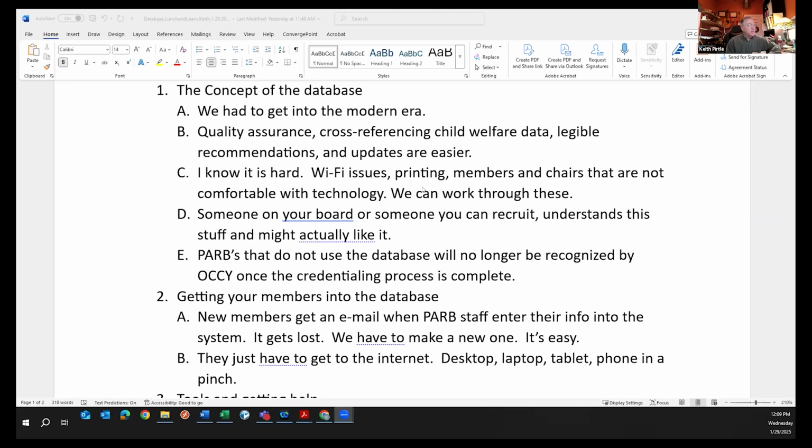One thing I think you should think about too is someone on your board or someone that you can recruit. For Love County, we specifically recruited, and in Craig County, we specifically recruited someone who felt very comfortable using the online system, and their job is to help do the database for that meeting. You may not be very comfortable with it, but you might be able to find someone who is, that can join your board, or maybe with just a little bit of training can help do this. I love it when everybody on the board can log on for themselves and enter their own case information, but I know that's not necessarily realistic. Sometimes it's a challenge just to get one or two people on the board who are really comfortable using it.